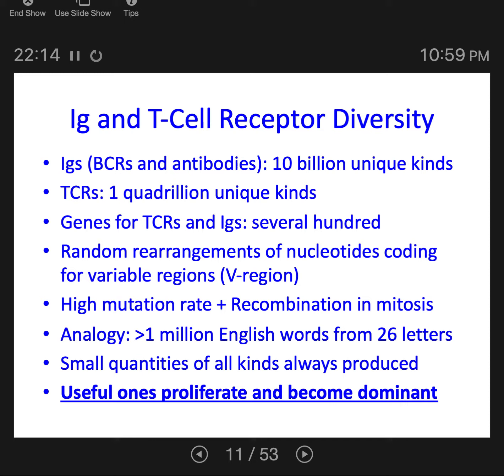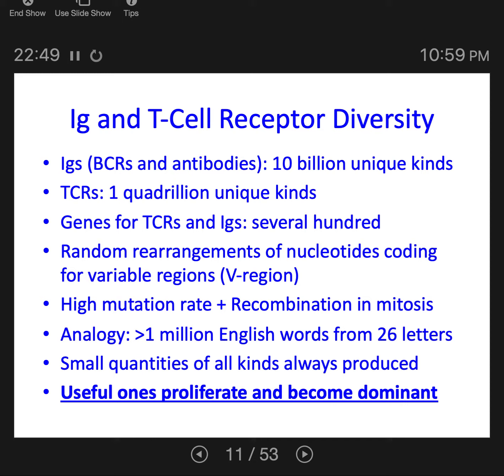We will cover this in the coming videos, but I'm going to introduce the idea now. If it sounds confusing, don't worry, you will get diagrams and everything of this. But I know that at this point, a lot of students are wondering, if you have all of these different kinds of immunoglobulins, how do you make the right immunoglobulin or the right T-cell receptor for a new pathogen that comes in? I always get that question really early, so I want to address it now and tell you that we will go into more depth about this later.